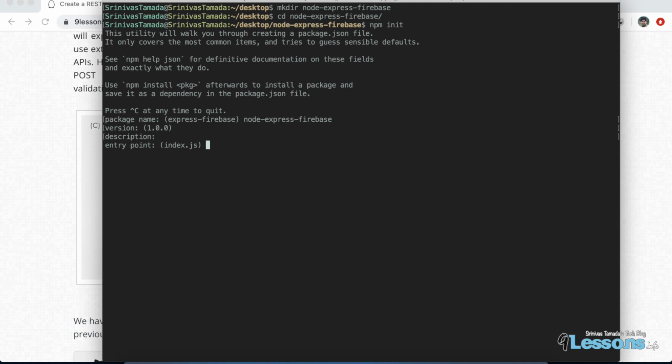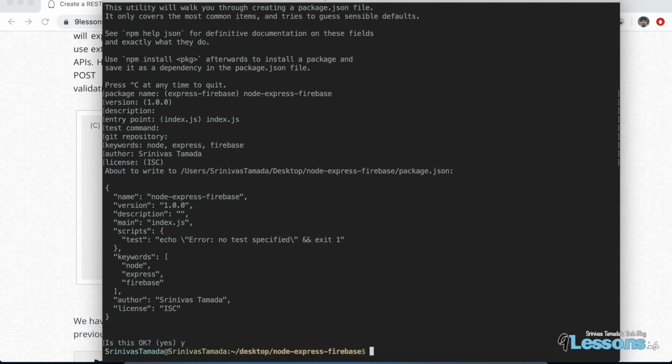The entry point right now is index.js, with no test commands and no git repository. For keywords, if you want, you can give Node, Express, Firebase. And then this is going to create a